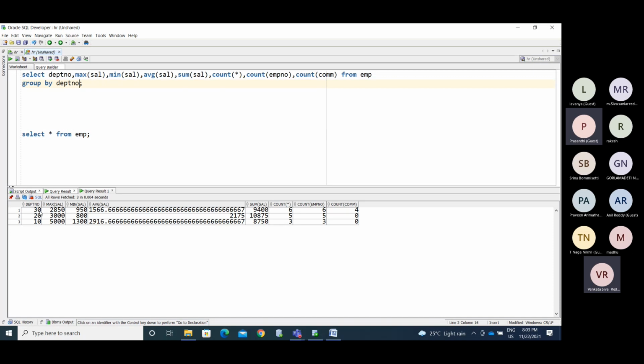Now we have 3 groups, so you are getting 3 records. You are getting the aggregated value, minimum, maximum, as a single output. Now I need to display the actual values with the aggregated value. We have 5 people here. So what is the maximum salary? We'll get some value, right? I need to display the employee details along with the aggregated value.